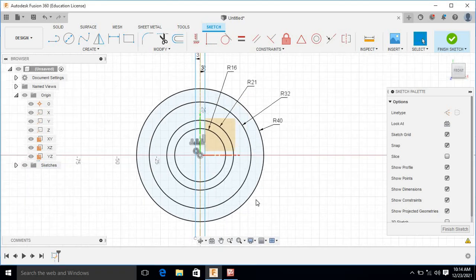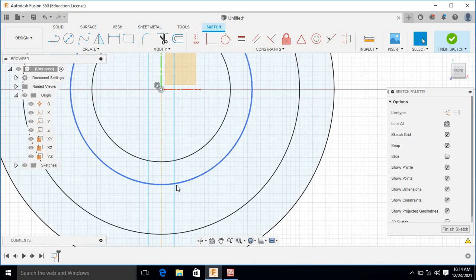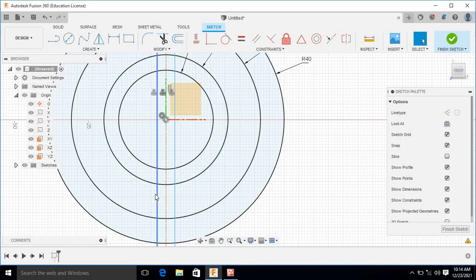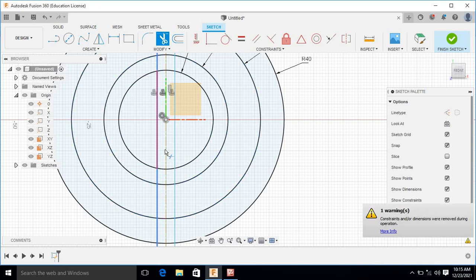Okay, now see here we have got 2 lines. Now we want only this portion of the line, and we have to remove, or delete, the other part of that line. So we have command called trim. So select this trim command and just select the part of the line which we want to remove.